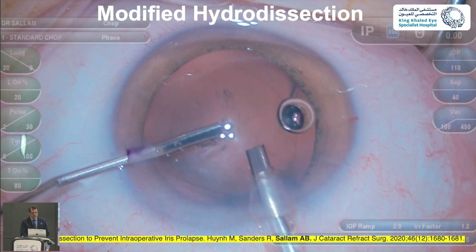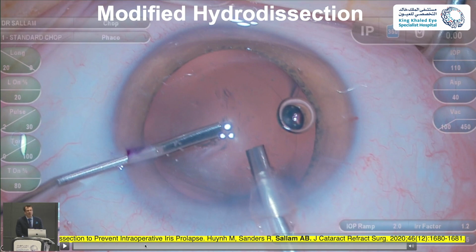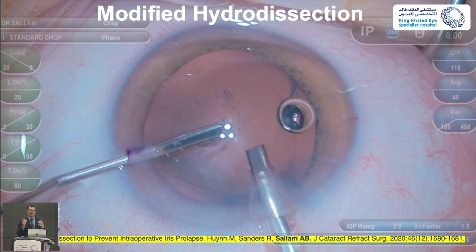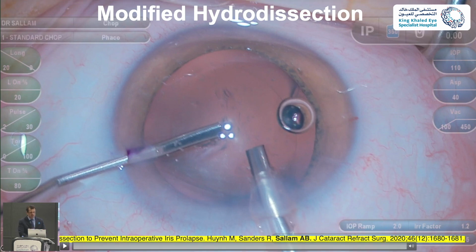One other tip again from retina is that with retina you don't get iris prolapsing or choroid prolapsing, and I thought of this as we were operating patients with crowded eyes and floppy iris. With hydrodissection, you got the iris everywhere because of the crowding or the floppiness of the iris. So something that we thought of,